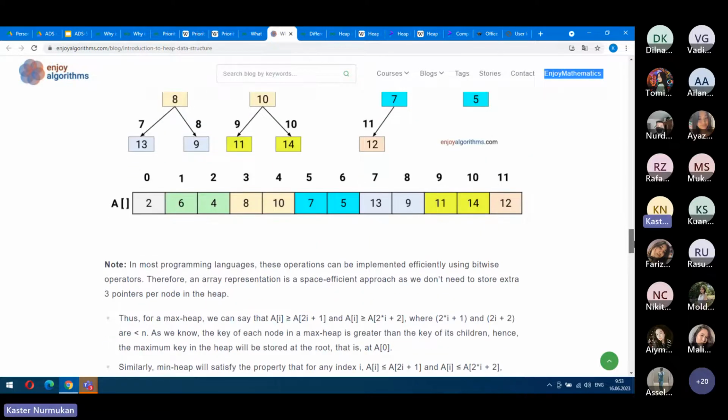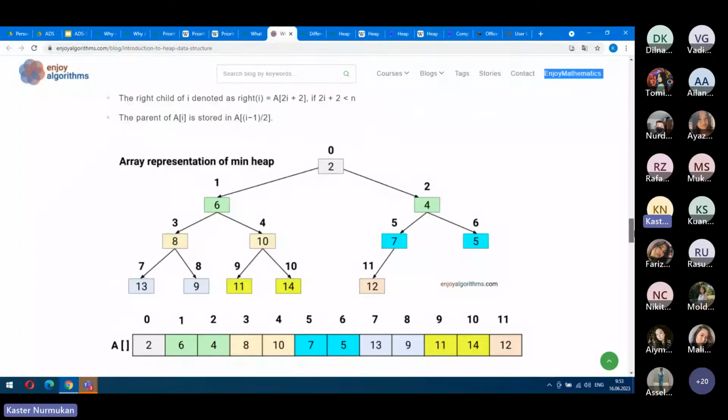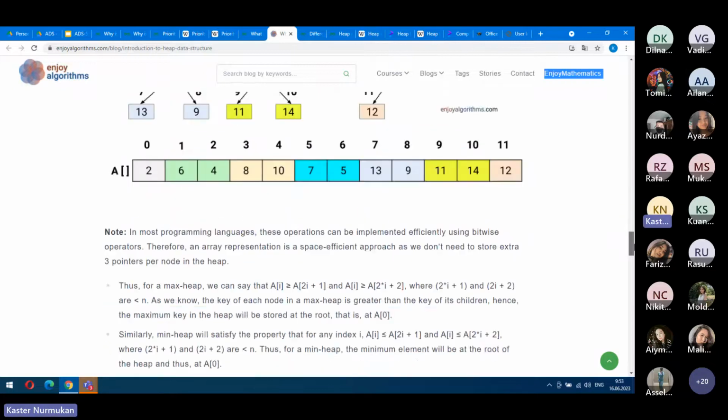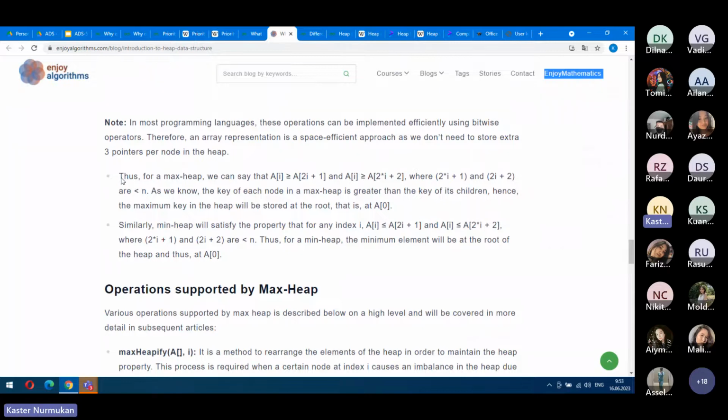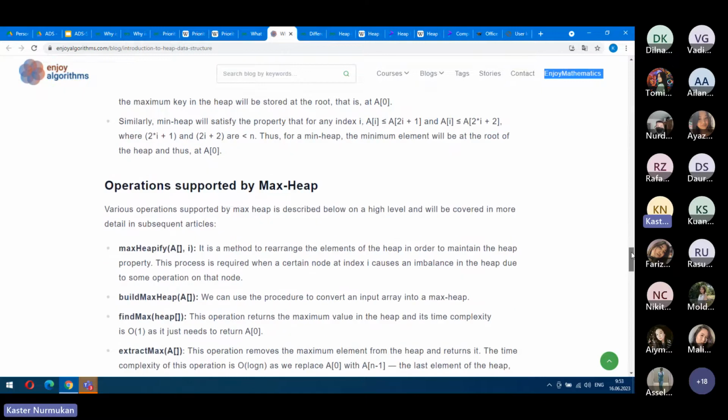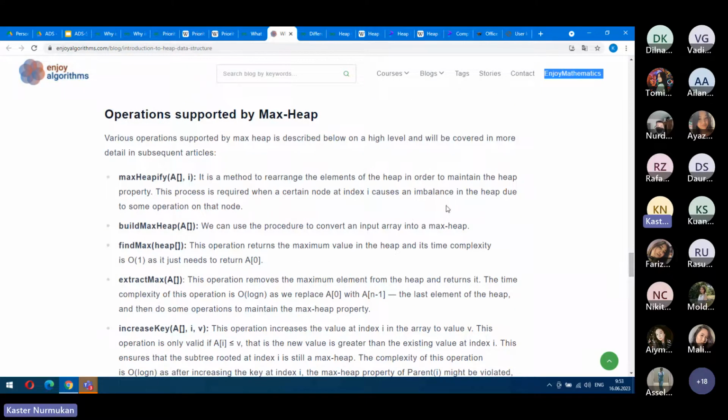That's the array, but you can also represent the min heap in a graphic way, so it's very visual to understand. There is an explanation of how the left side and the right side algorithm are implemented. That's kind of a more important application, important